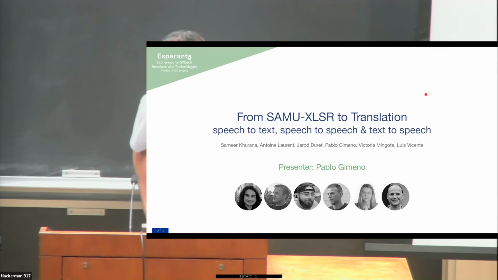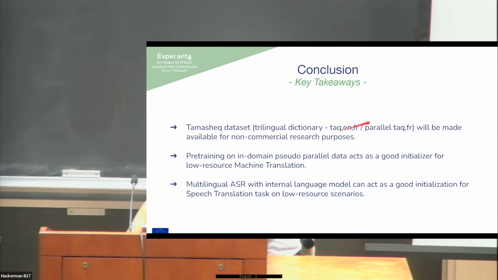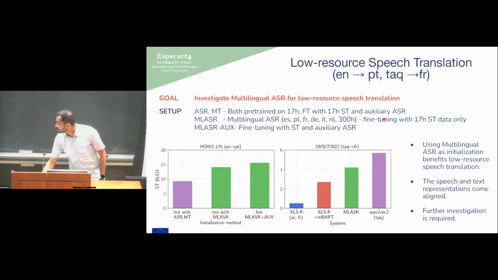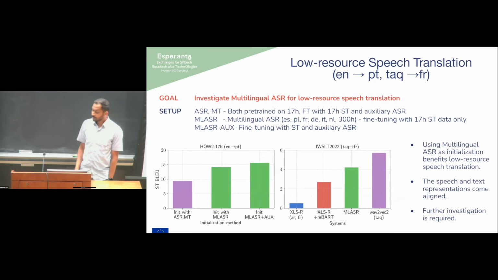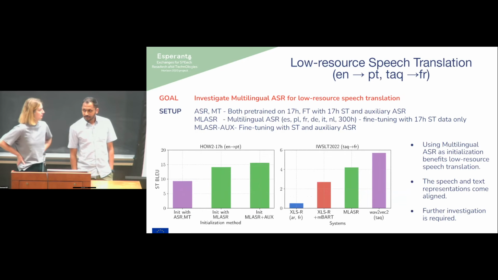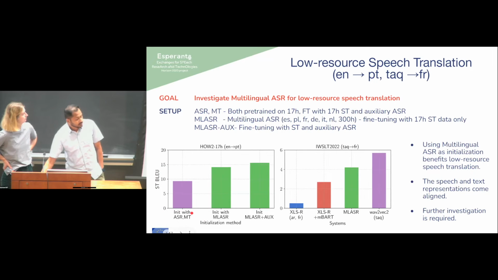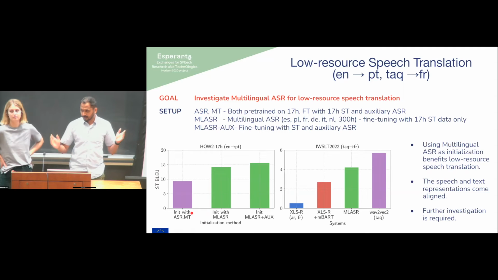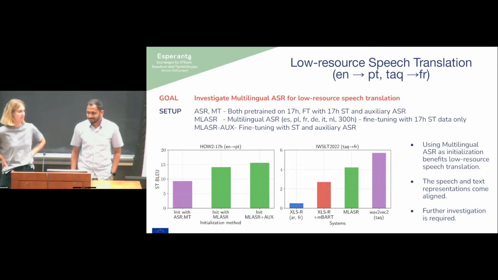But in the meantime, I did have a question. It's actually for Cecile, if you want to come back. Go back to that graph which had the BLEU scores. Yeah, right here. So these first 3 bars on the left are based only on 17 hours of translation data, right? There are only 17 hours of English to Portuguese. Yes, so English speech to Portuguese text. And then you're getting 15 with that. And on the Tamashek side, you also have a similar amount, right? Yes. How come that BLEU score is 6?